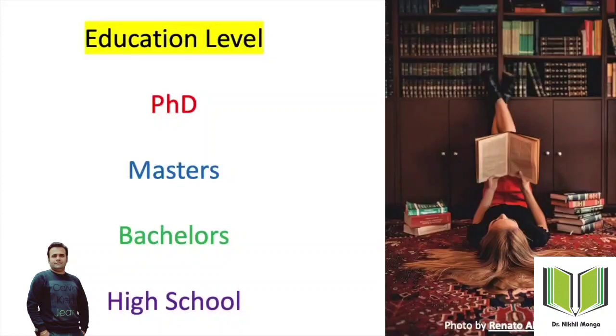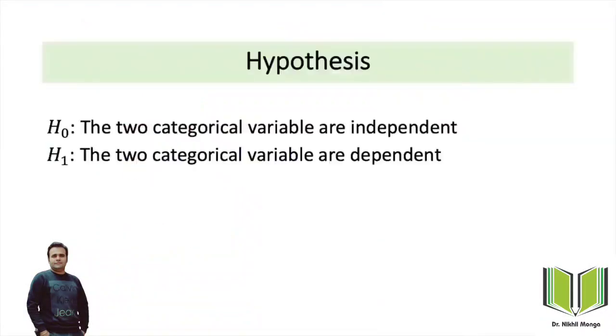So if you want to run any statistical test, or do any computation for a categorical variable, we have to look into the chi-square test. The chi-square test tests a hypothesis, and there should be categorical variables. How do we define the hypothesis? The null hypothesis is that the two categorical variables are independent, and the alternate hypothesis is that the two categorical variables are dependent.